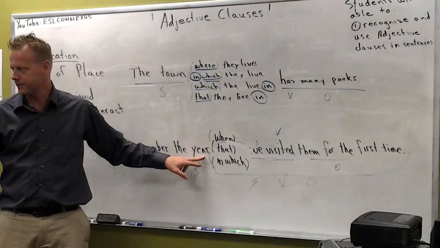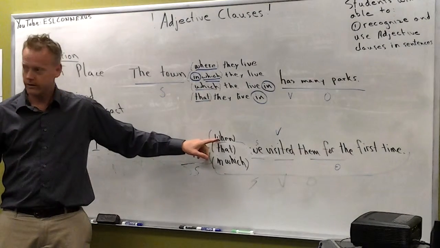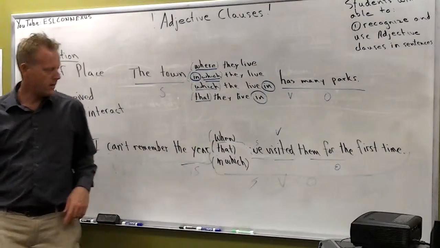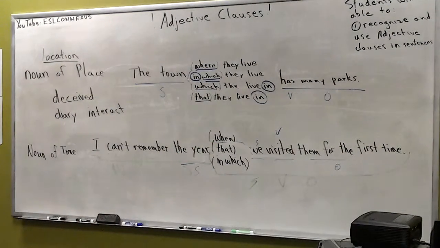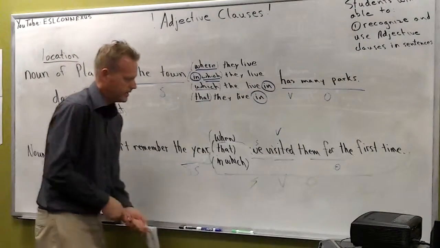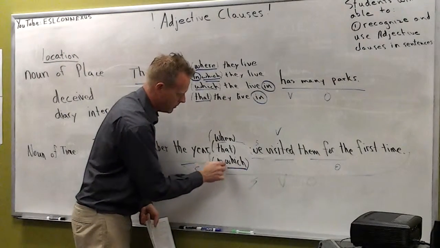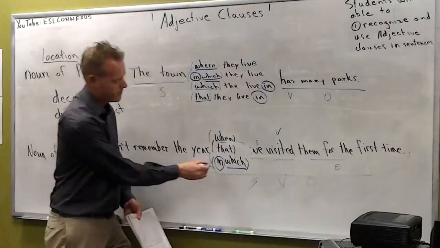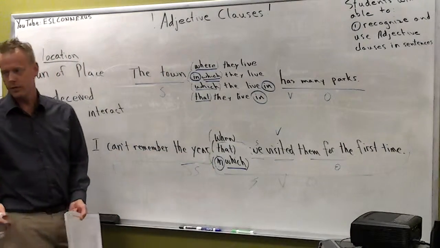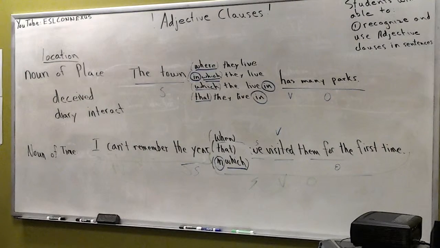This is dealing with time, isn't it? What do you notice? By the way, is there any preposition here? Only one, right? Again, it's the same rule. "Which" is the only one when you're dealing with time that allows a preposition anywhere. So you can say "in which" to express a time. Can I put the preposition before, like "which you visit them for the first time"? Can't be by itself. You have to say "in which".